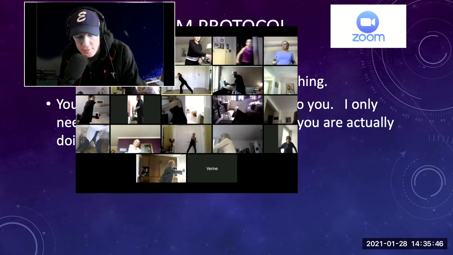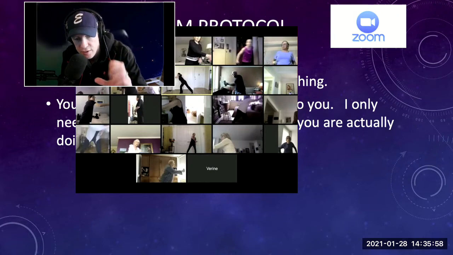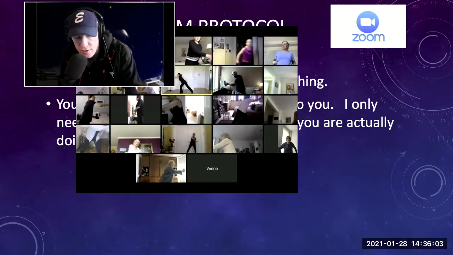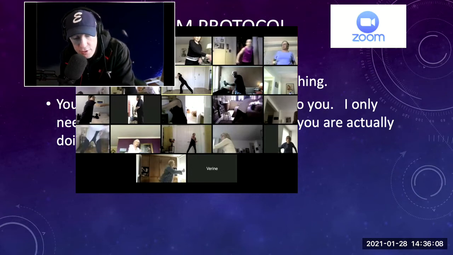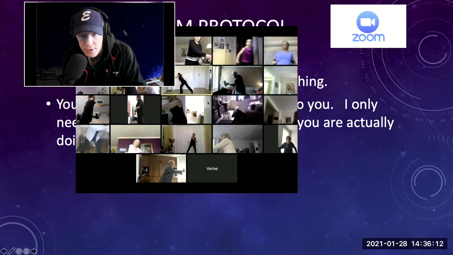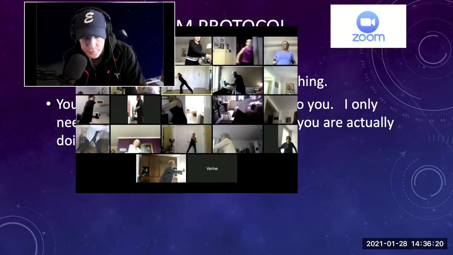And some people have their lights off when they do this, so there at least needs to be enough light that I can see you, not completely, but at least enough that I can see a shadow moving. I've had people who do video of just their feet. As long as I can tell you're moving, that's fine. Or I've had people where they just show one side of their body. That's fine. Or you can just be normal and back up and work out just like the lady we have right here. See how she's far away? You can see her, but you can't really tell who it even is because it's so small.